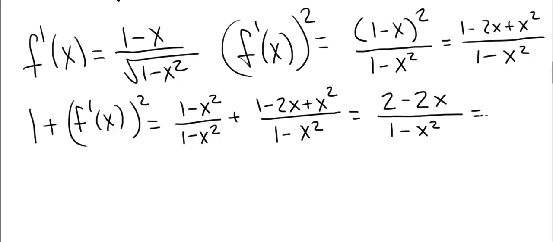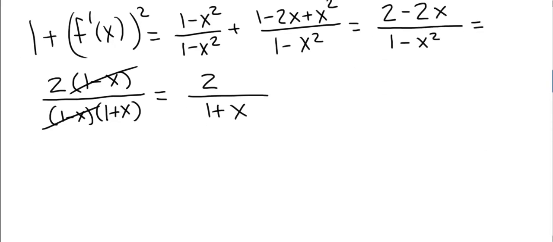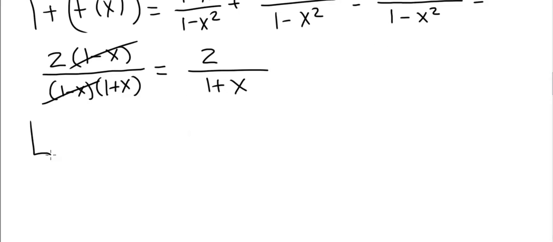Now, further simplifying, we can factor a 2. This is 2 times 1 minus x, and the denominator is 1 minus x times 1 plus x. Canceling 1 minus x, we end up with 2 divided by 1 plus x as 1 plus f prime of x quantity squared. That's what we have to integrate. Therefore, the length of this curve is going to be the integral from 0 to 1 of the square root